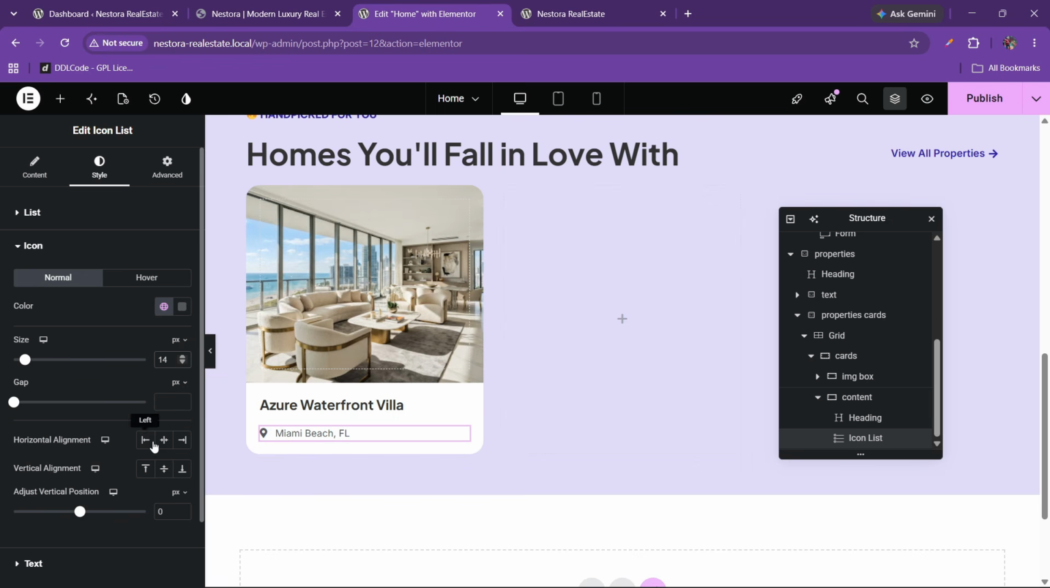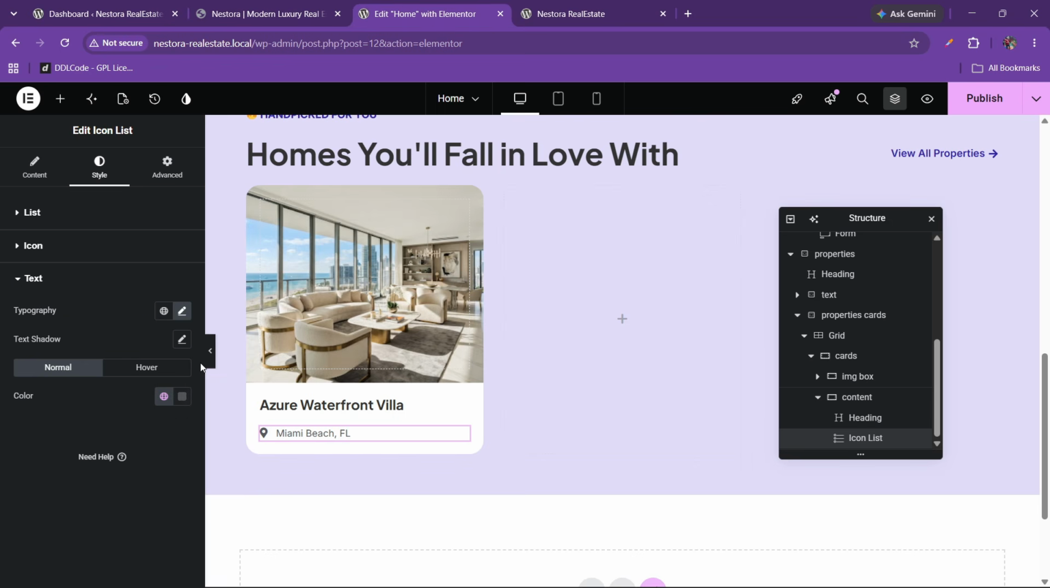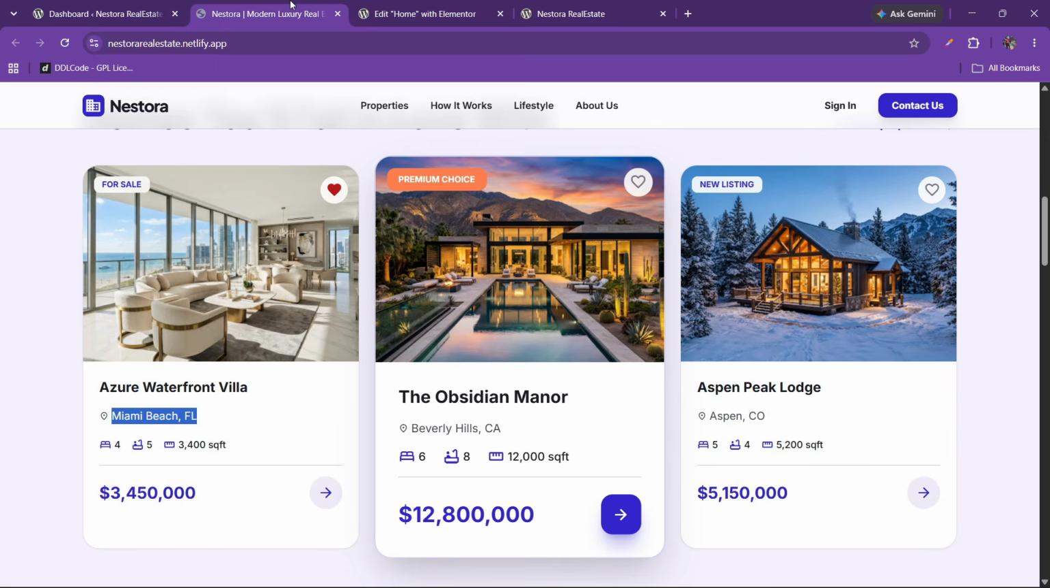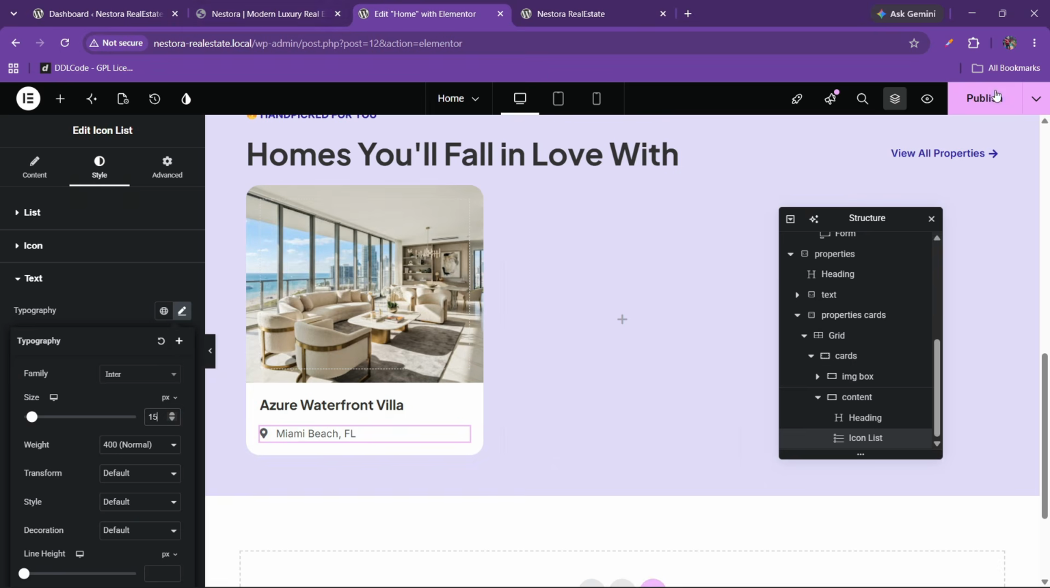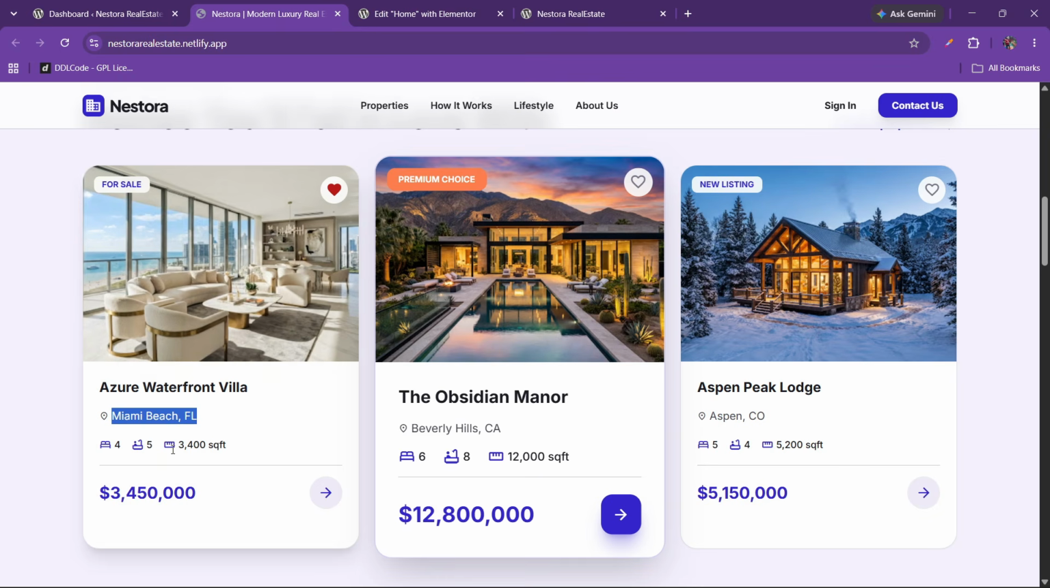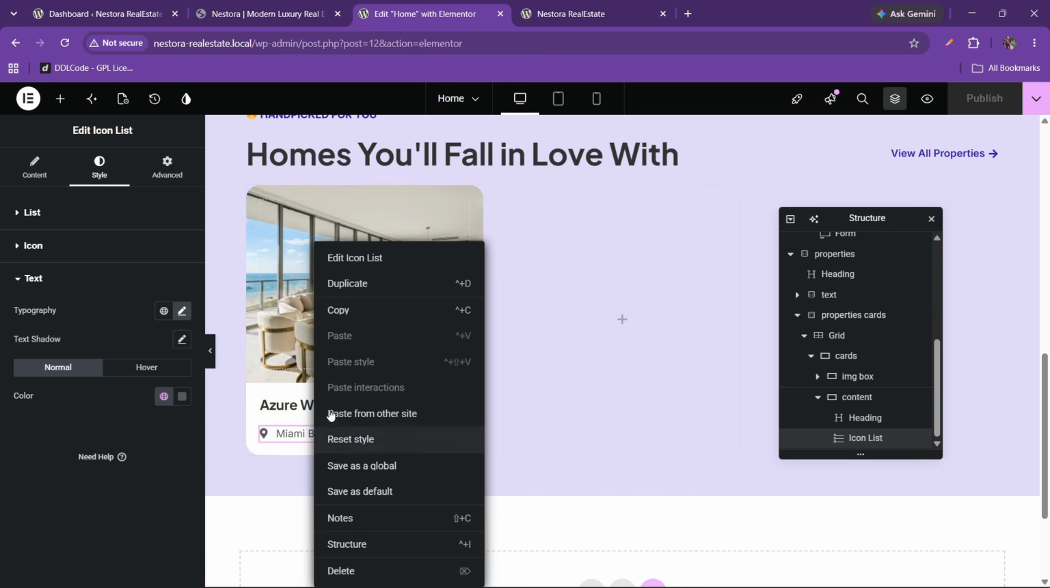Okay, so this is done also. I think we can make this 15 only, like this. And after that what we can do, let's save this first so we don't lose any changes. Okay, now you can see we have this thing. So for that also